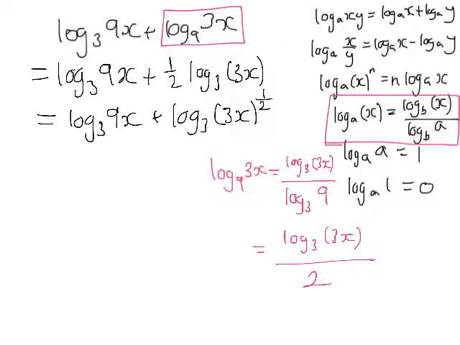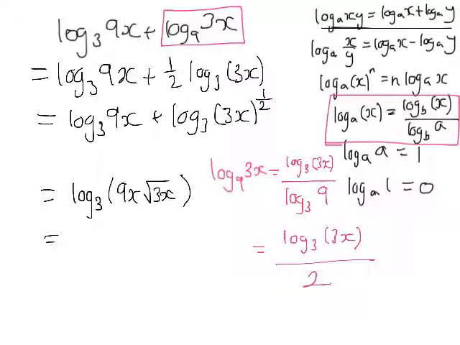And if we wanted to, we could use our first law to combine these into one log. 3x to the half is root of 3x, so we end up with log to the base 3 of 9x times square root of 3x. And we could write this as a simple single power of x. It is log to the base 3 of 9 root 3 x to the power of